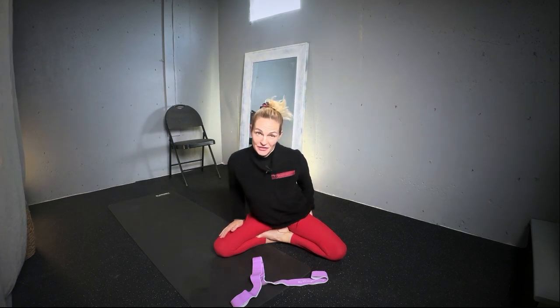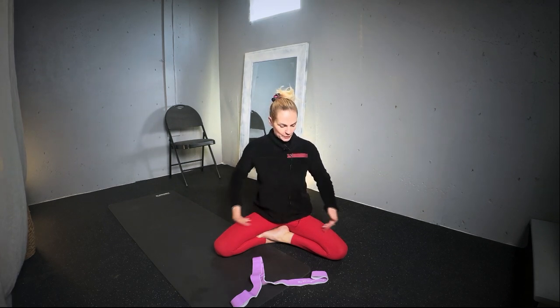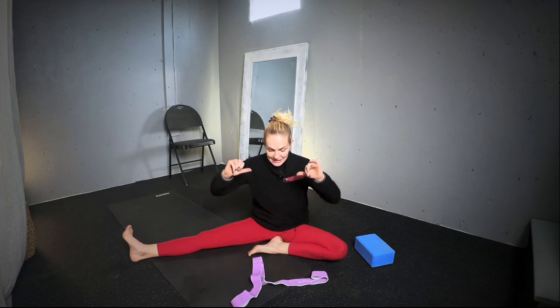So you want to bring them in line. So for most of us, that really means in many of the seated practices that we need to elevate the seat to the point where the knees are lower than the hips, right? Or in positions like Janushirshasana, where we can easily access that neutral